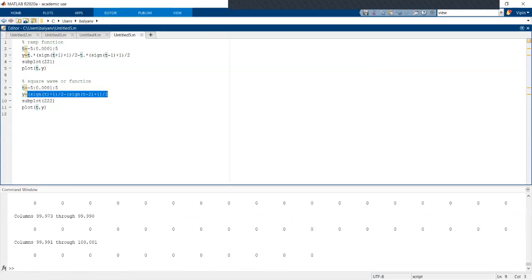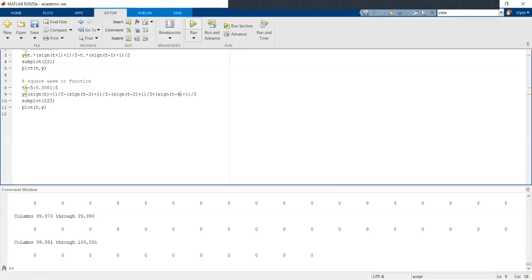If you need to make it go to the negative side, and you need to say plus, then you make it t minus 2, make it minus here, make it plus here because you need to change the sign, and this will be t minus 4. You run it again,